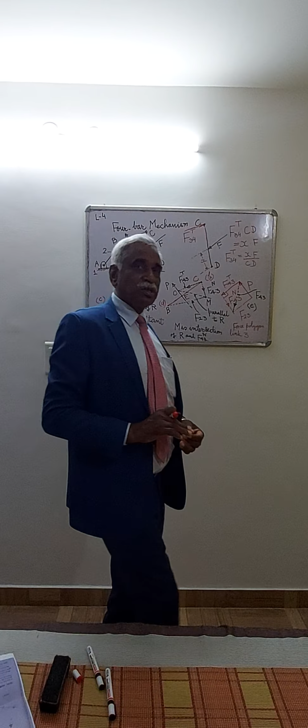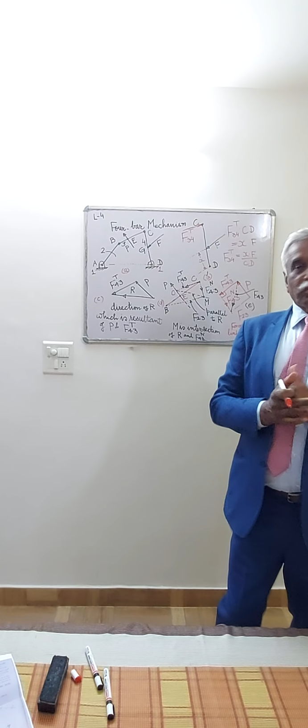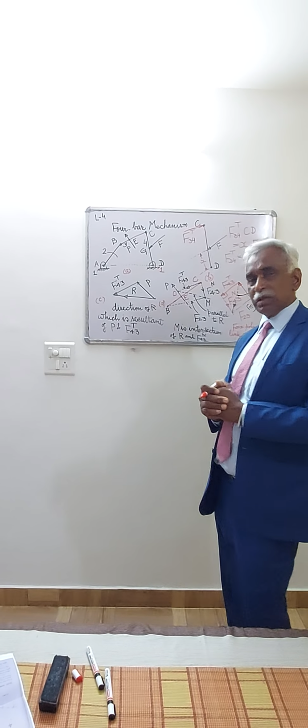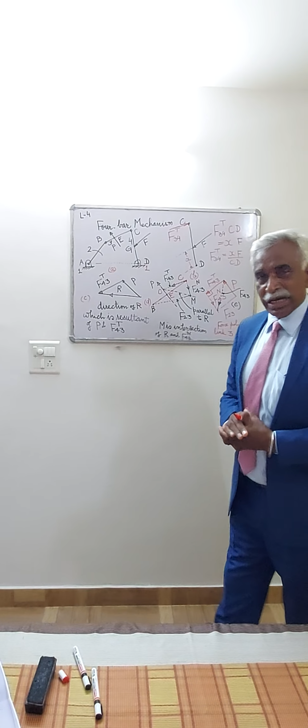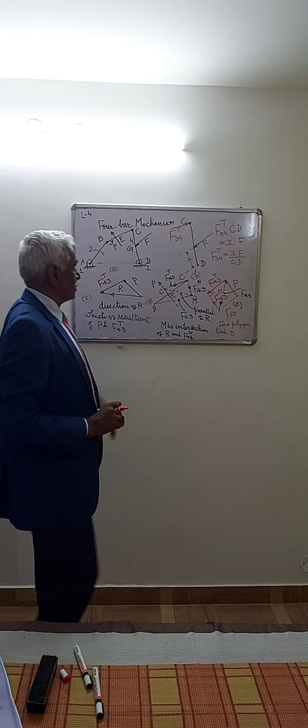So, force F34 can be resolved into 2 mutually perpendicular axes. One force perpendicular to the link will be F34T, and the other force, which is parallel to CD, will be indicated as